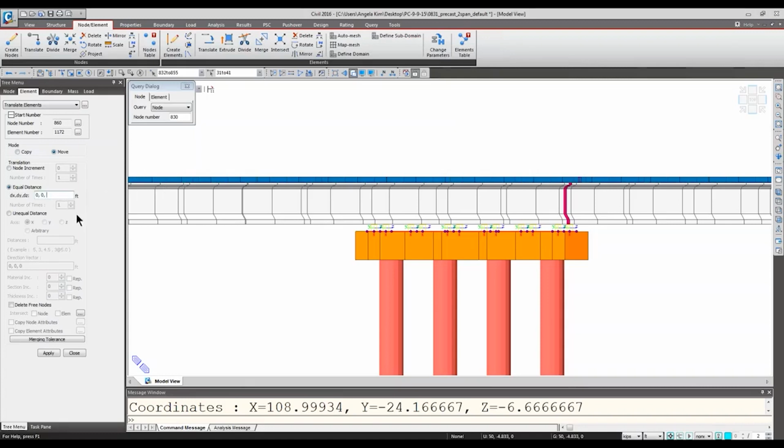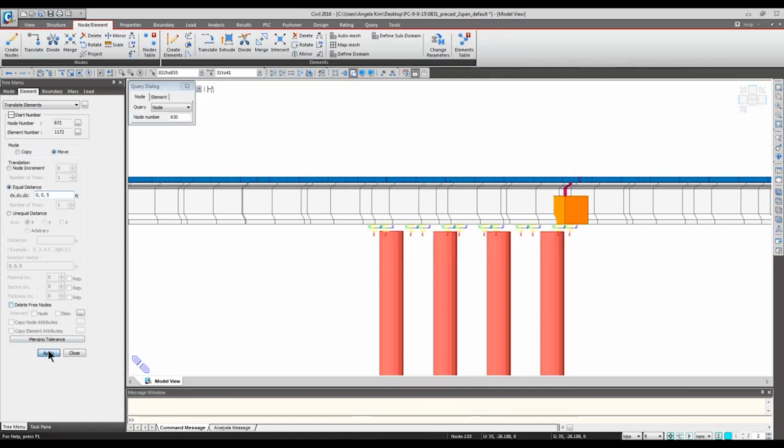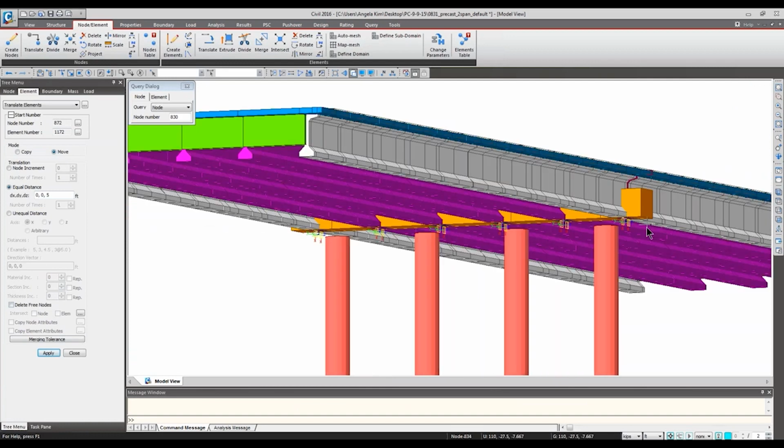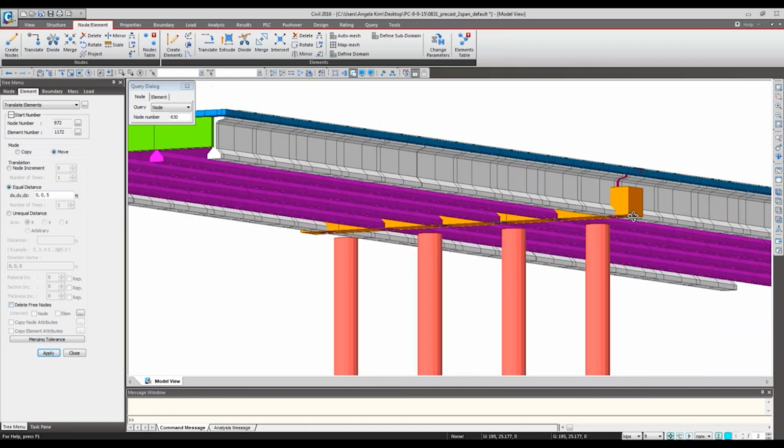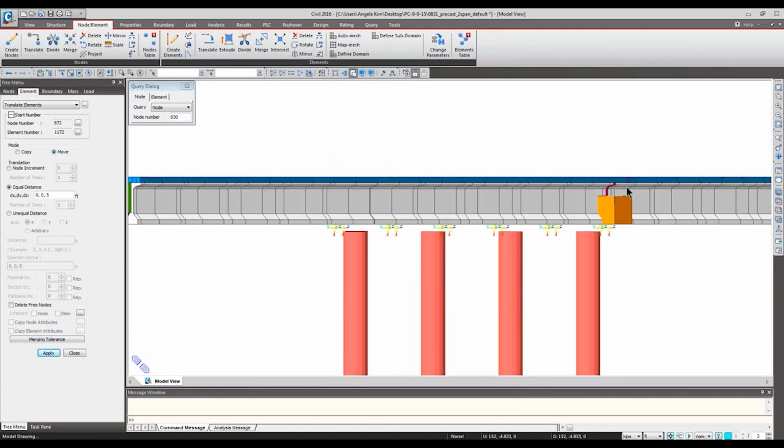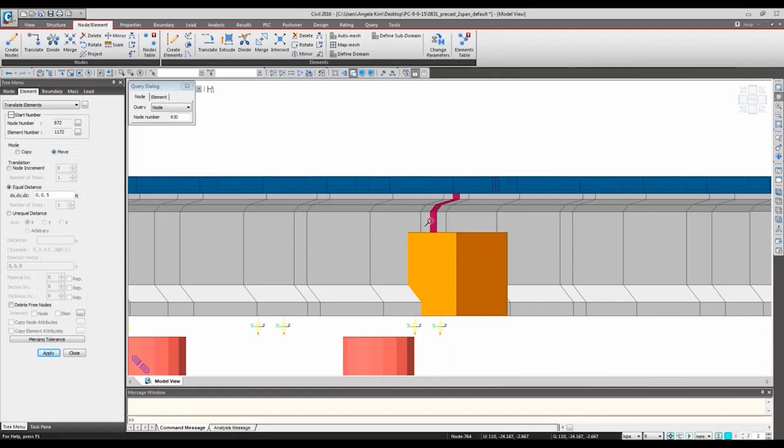Let's say 5 feet, for example. This way you can increase the pier cap. And this may be coming down all the way from the deck, just poured once. You can reflect that by increasing the size of it. It's exactly the same way we can change the section property right here.